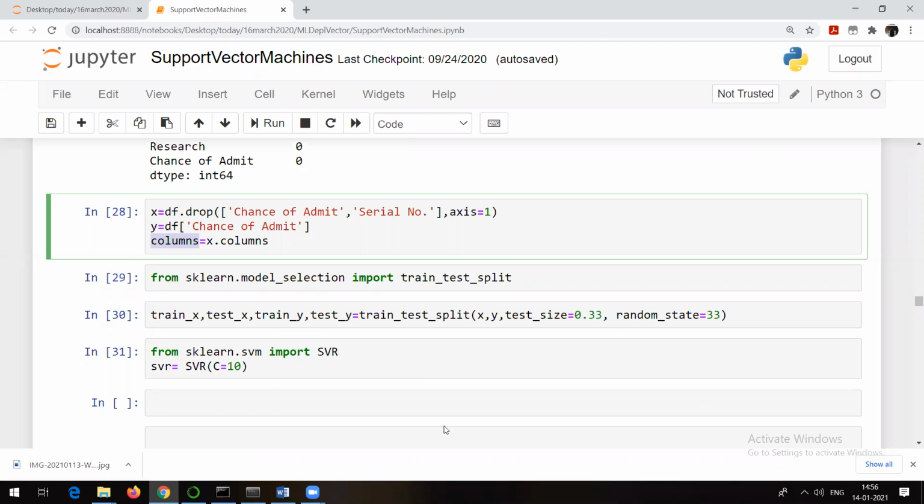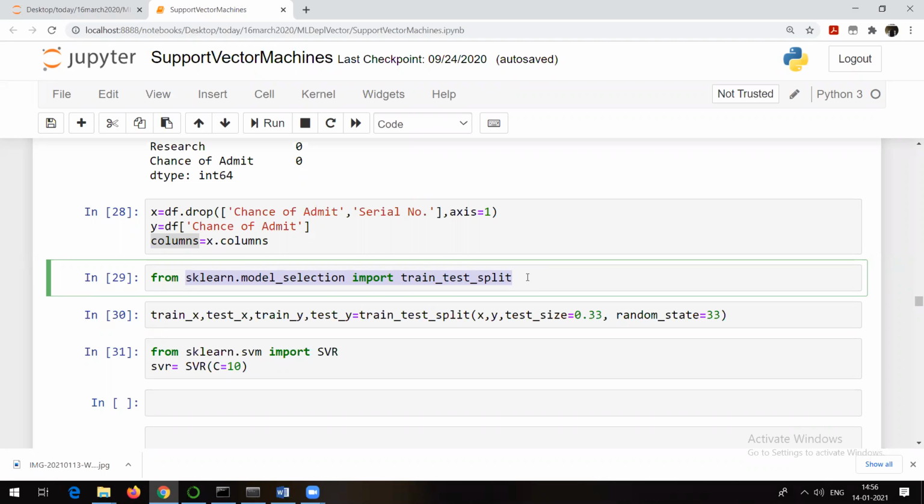Once that is done, there is a need to split the data. Now, how do we split? From sklearn.model_selection, as usual, we are going to import train_test_split. See, it's very, very necessary for you to execute this code once you get it. Only then, if you have any doubt, will it be clear.